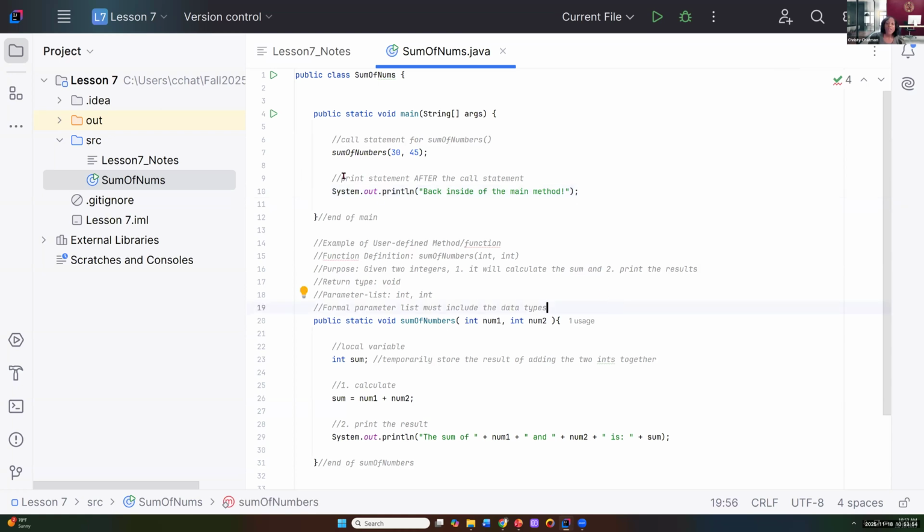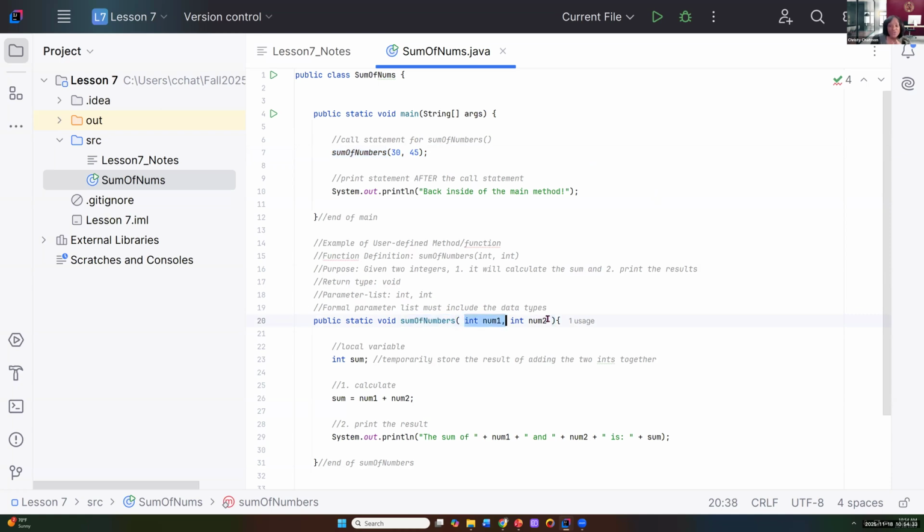So what is this going to do? Before we push the run button, let's follow how this works. As soon as the computer executes this program, it's going to look for the method called main, which it found, and it executes from the start to the finish. The first line of code that it will execute inside of main is a call statement. It's going to search for a method called sumOfNumbers, so it's going to leave this method and pass control, or the baton, to the method that has the name sumOfNumbers